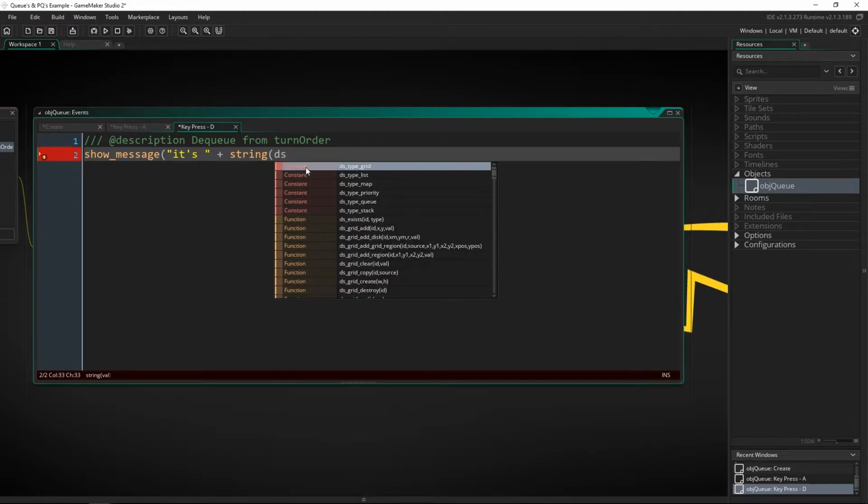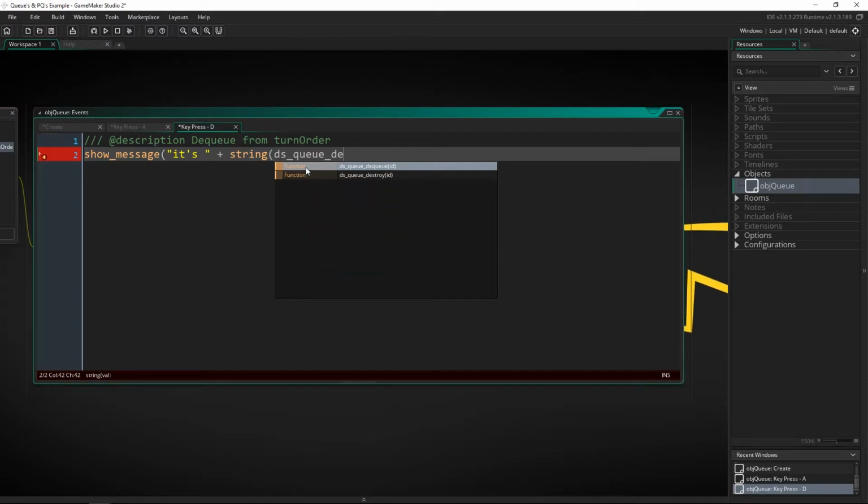So we're going to say DSQ DQ turn order. Now when you DQ something, it doesn't need anything more than just where you're DQing it from, because there's only one place to take it out of the queue, and that's at the front, or I guess the end, however you want to view that. But the first one that was put in is going to be the first one that was taken out, so we just need to pass it in what queue we're talking about. And then close off that string,